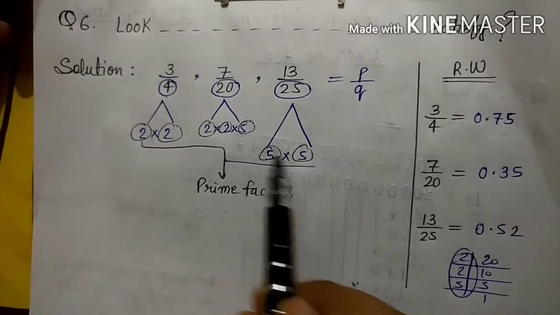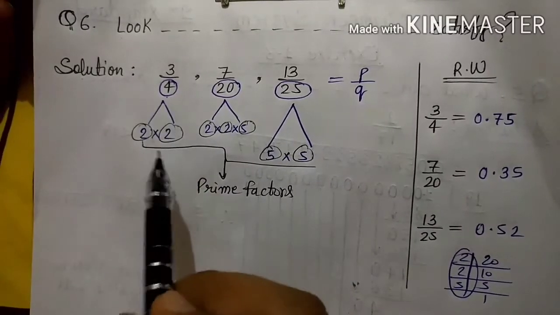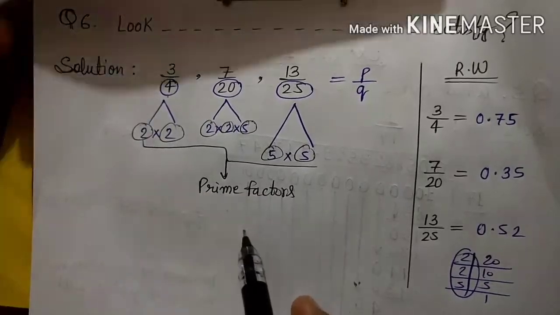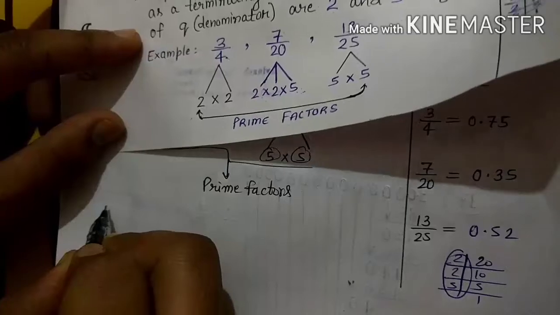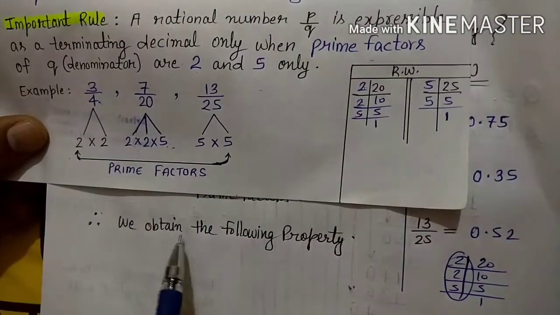See, we have observed now, when it comes to terminating decimals, the factors of the denominators are prime factors. So we can write the same property here. What we have observed, we need to write here first. So we obtain the following property, that a rational